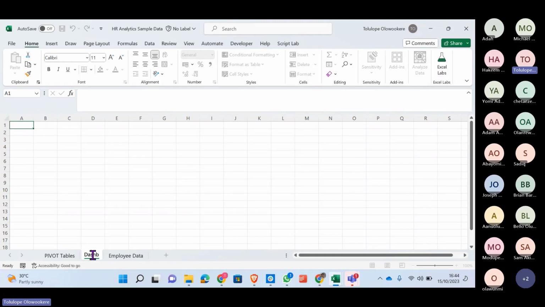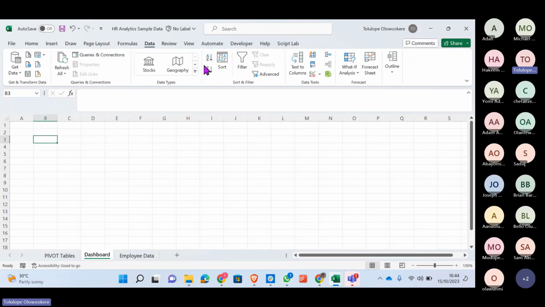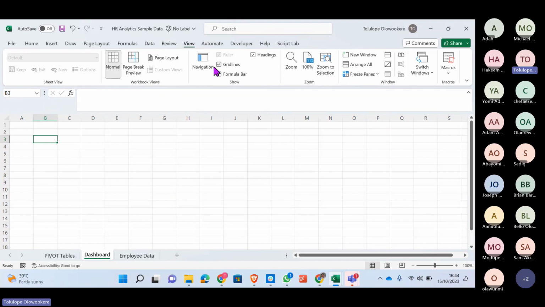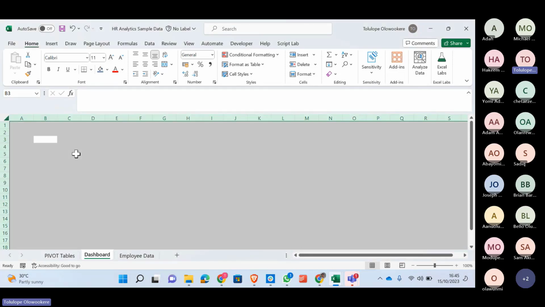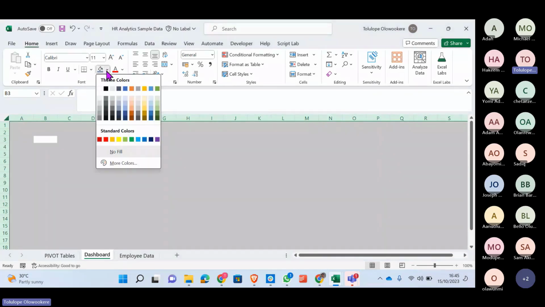Let's call it dashboard. So to create a dashboard, we have to have an idea of what we want our final product or final visual to look like. First things first, it's best practice to always put off the grid lines. So you go to the view tab and click on grid lines to put these grid lines off. Another thing you can do, you can color the grid line if you want. So I can just Control A everything. So if your company color,